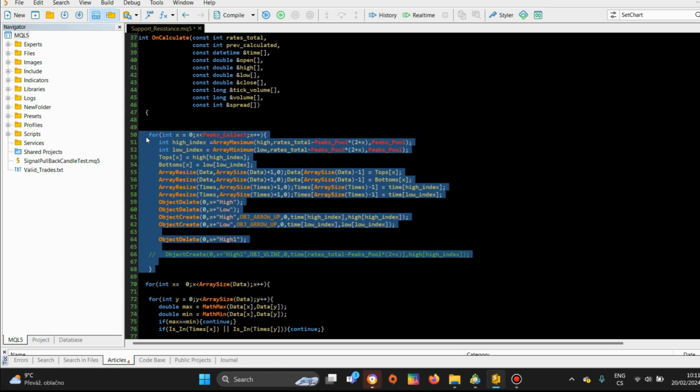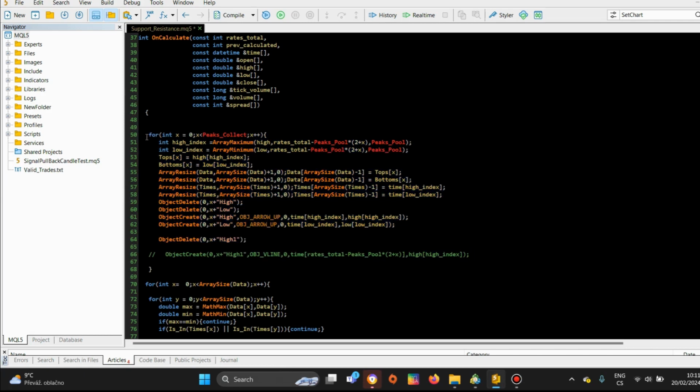So the first for loop that you can see here looks like this, and basically it collects data. In order to find support and resistance zones, I need those highs and lows, and this is the for loop that finds those highs and lows, and then stores them. So in this tops array I have my highs, in this lows array I have my lows, and then I also add